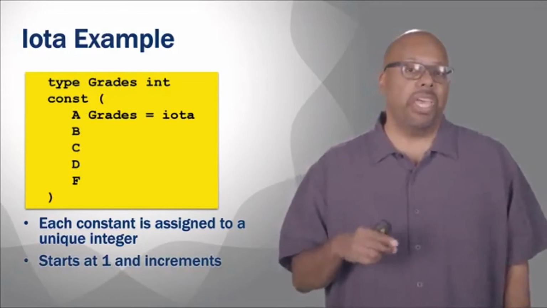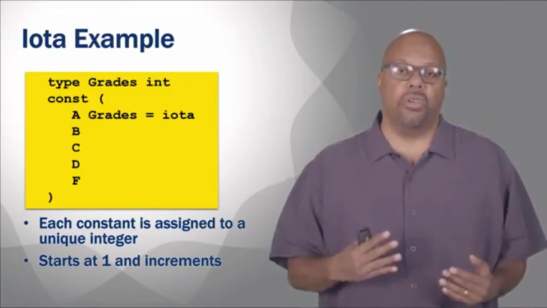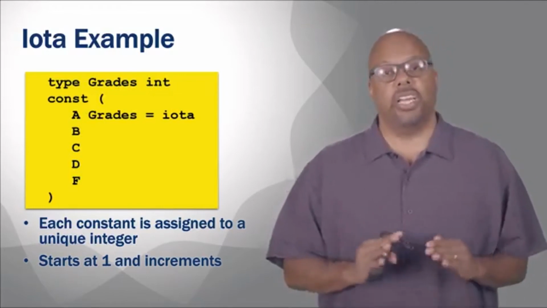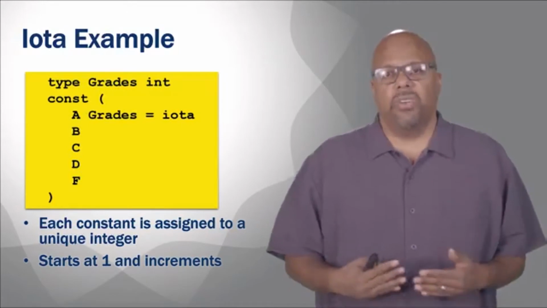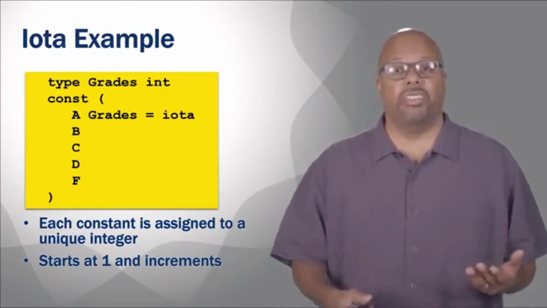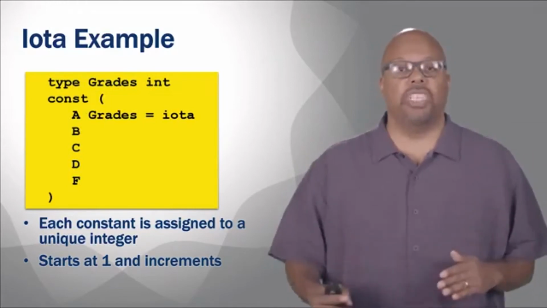But you should not depend on that, right? The idea behind using iota is that you don't care what the actual values of the constants are. You just want the constant values to be different from one another. So it happens that the current implementation starts off at 1 in increments, but you can't guarantee that in the future. Maybe that's going to be changed, right? All you know about iota is that they're going to be different.